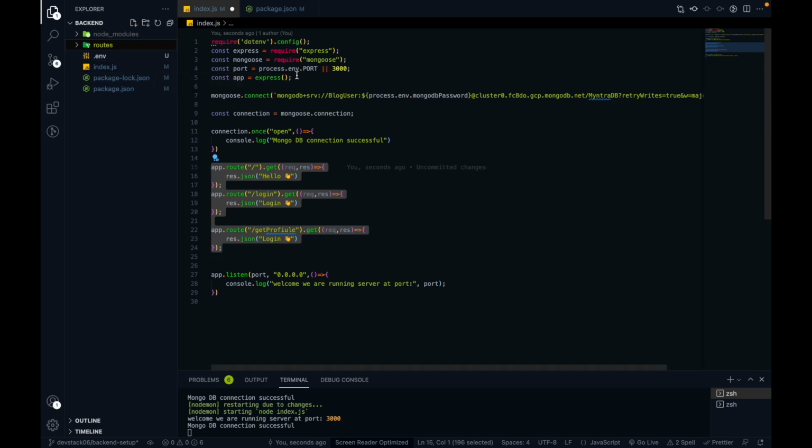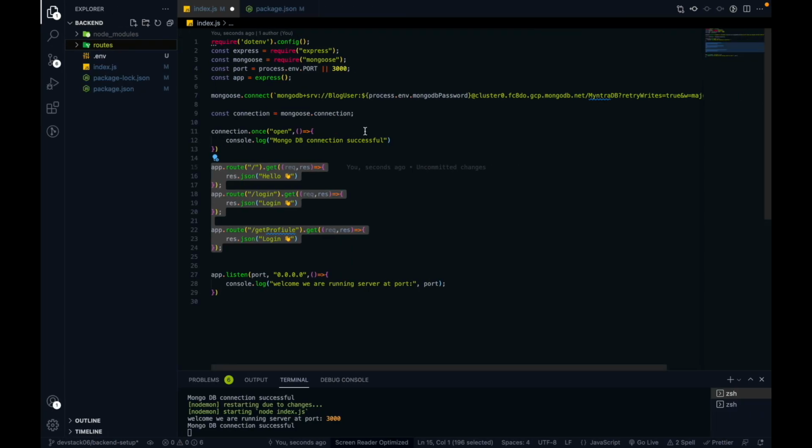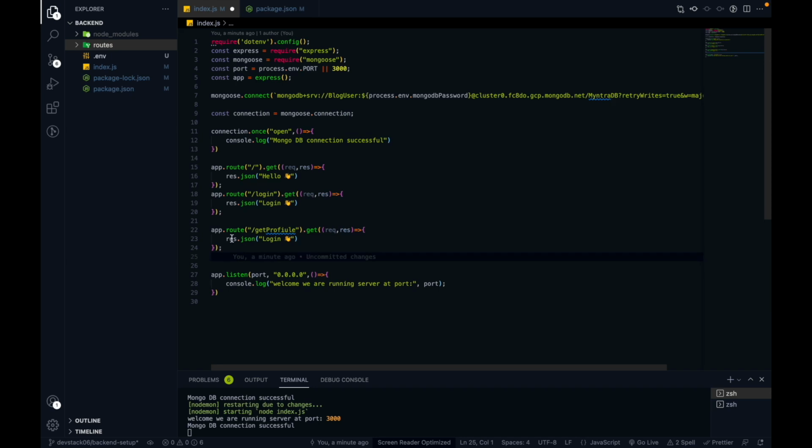This index.js file is the entry point for our backend server. Everything you hit in a browser or in a front end first comes into index.js. It will try to find the endpoint in the index.js file. If it does not find it, then we have to route it to the specific routing file.